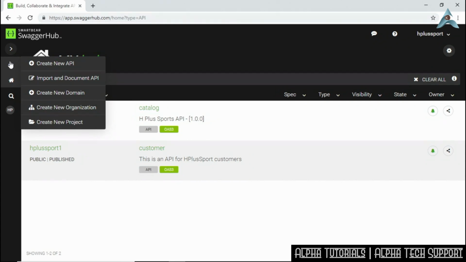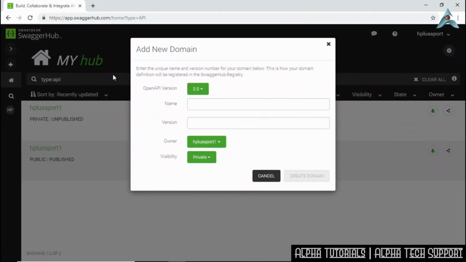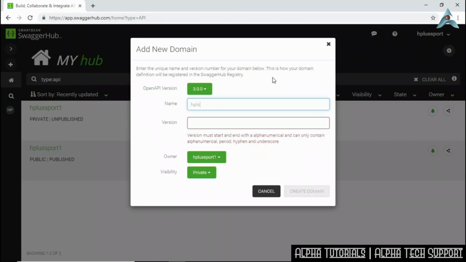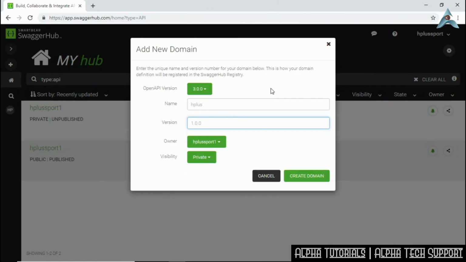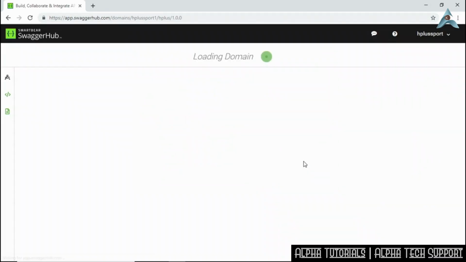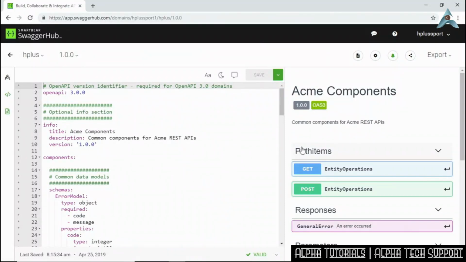To do this, we click on the plus button on the left-hand sidebar and then go to Create New Domain. Now, within the Add New Domain dialog, it is extremely important that we select OAS 3.0. From there, we can specify the name of our domain. I'm just going to say H plus for short. After that, we can set our version number, which I'm going to set to version 1.0. With this information in place, we can click on Create Domain, and our new domain will be created and we're